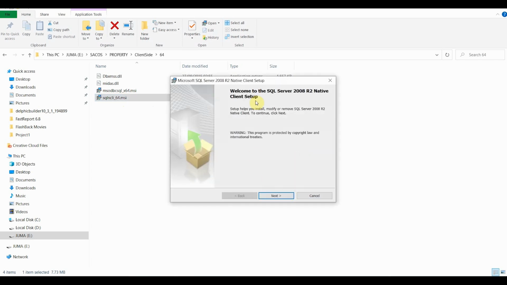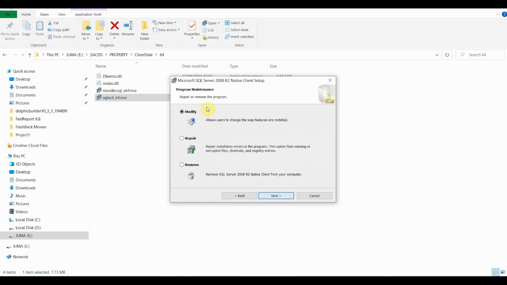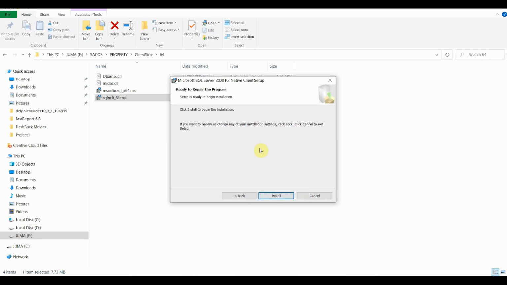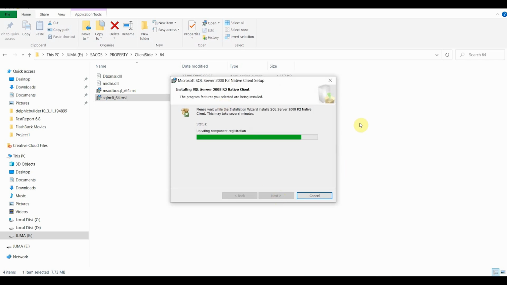Now I have already installed this, and for that reason it gives me the modification. Otherwise I could just do repair so that we go together through the procedures, but the new installation will bring you to this dialog box. It will go straight to you selecting what you want to install, and then you install all the apps. It's basically a next dialog box. Nothing really. You just need to select that you install all the components,